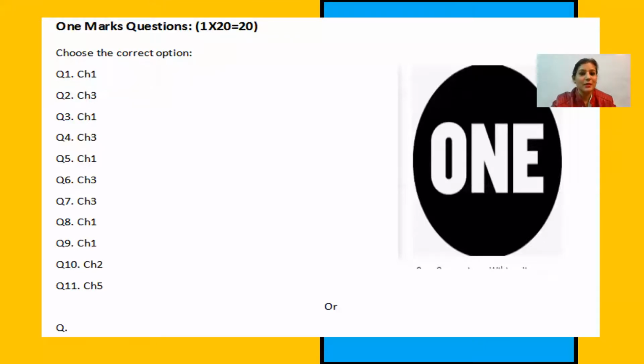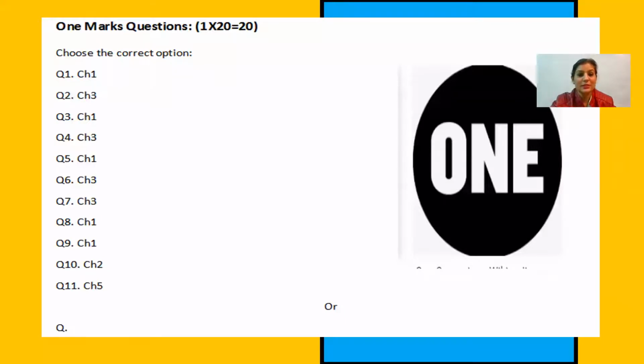Will it be the same in the final paper also? No, it will not be the same. But normally, we read the pattern so that we are aware of CBSE's ways and patterns. It will be changed. Any question can be from any chapter, but this is the pattern of the sample paper issued by CBSE. All these 20 questions are 1 markers. Here we have written 1 to 20, and 2 internal choices in these 1 markers.